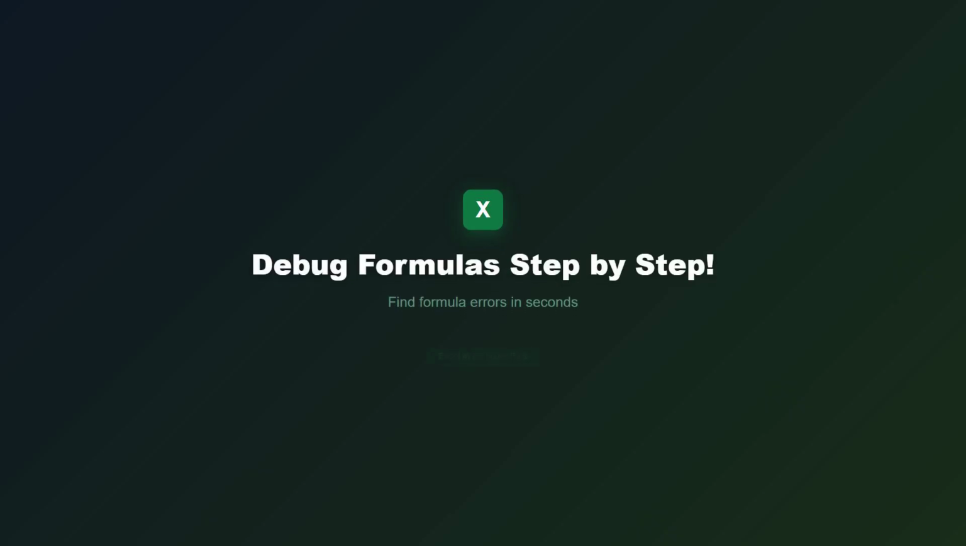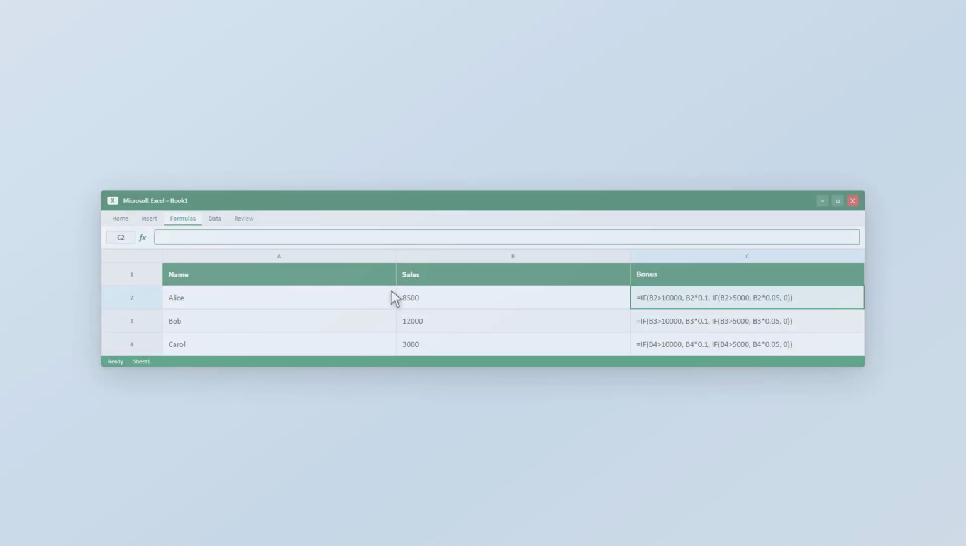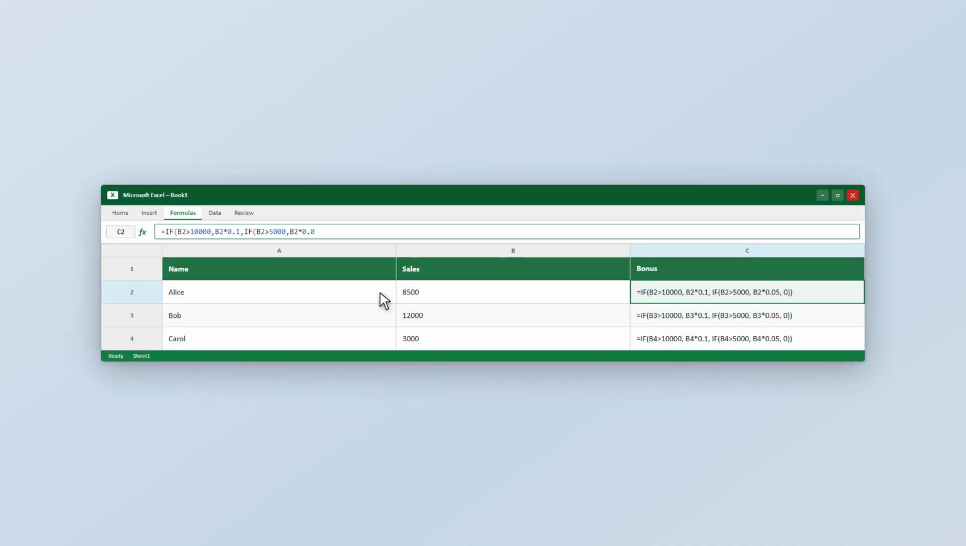Are your Excel formulas returning wrong results and you have absolutely no idea why? In the next 60 seconds, I am going to show you the Evaluate Formula tool. When a complex nested formula returns an error or a wrong number, most people stare at it for minutes trying to mentally trace every function, which is